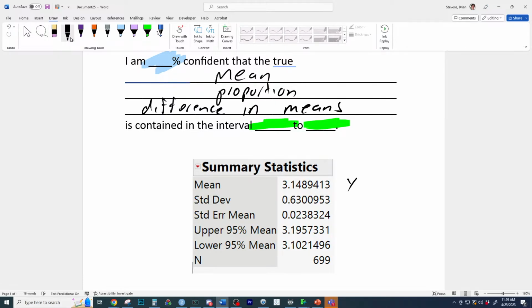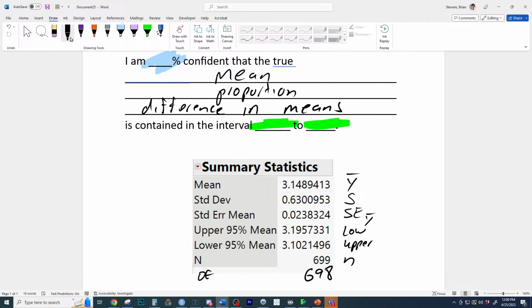This is Y bar. That's the sample mean. This is the sample standard deviation. This is the standard error of Y bar. This is the lower of the interval. This is the upper of the interval. This is the sample size and degrees of freedom it didn't give, but degrees of freedom are 698 and minus